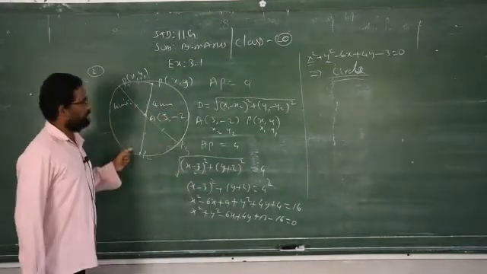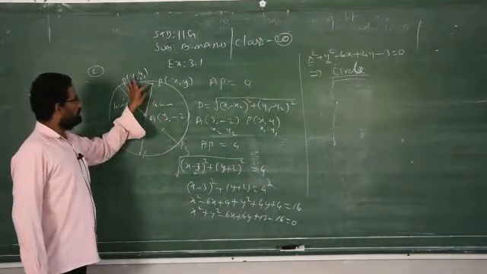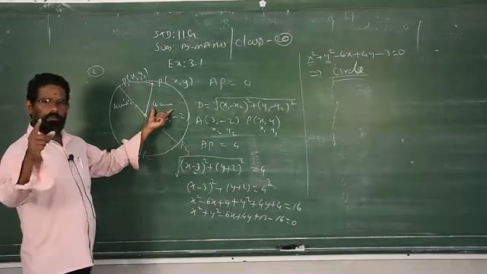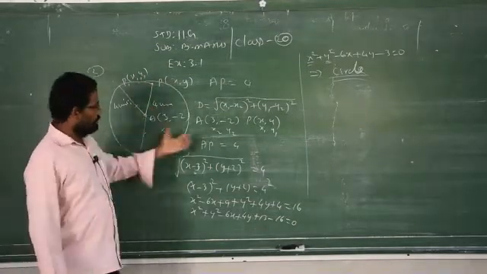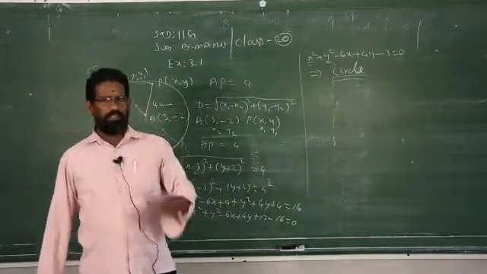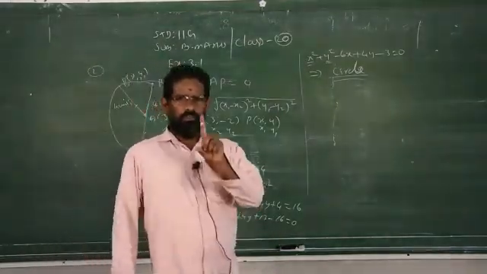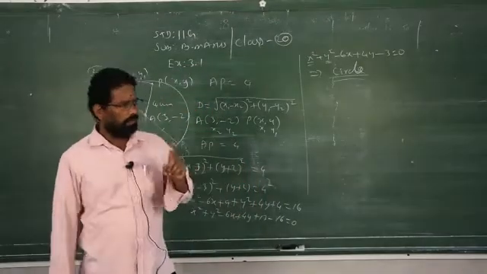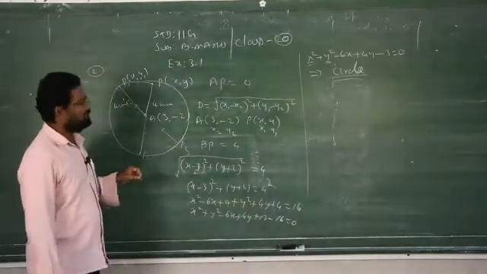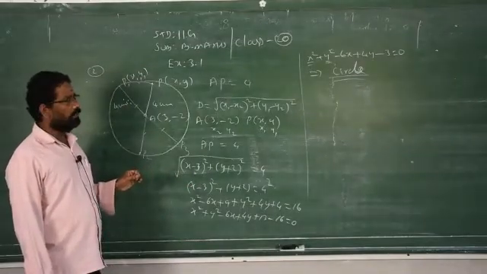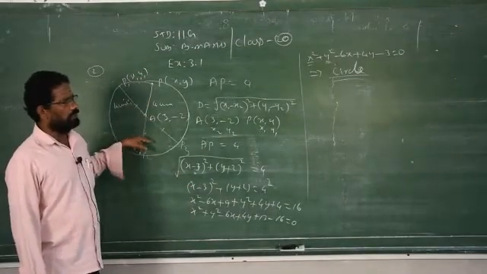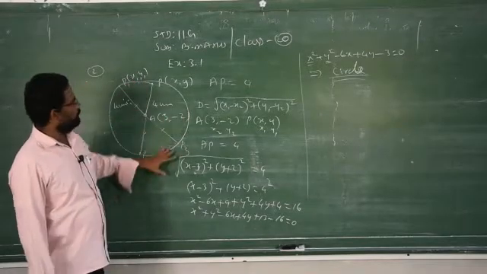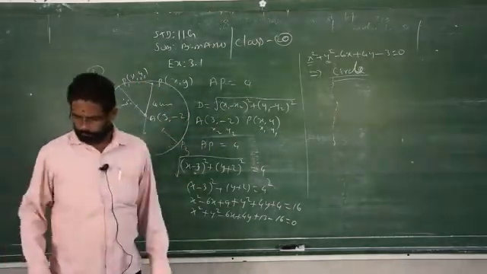Before itself I said, isn't it? When the distance between the moving point and the fixed point remains the same, I said very clearly before this calculation that it is a circle, because a circle has only one radius, it doesn't have too many radii. Clear? A circle has only one radius, which means the distance between the center and a point on the circle is always constant. Therefore, it will always represent a circle.